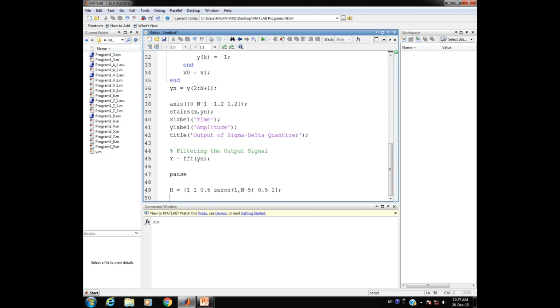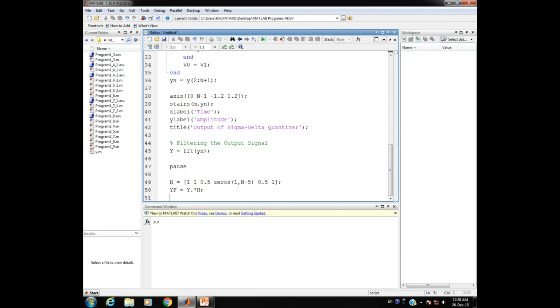So let us have capital YF to hold the filtered information. We have capital Y, the frequency domain representation of the output signal, now operated on by the filter function. For that purpose we have element-wise multiplication of Y with the capital H as defined above, and then we want to get back to the time domain.